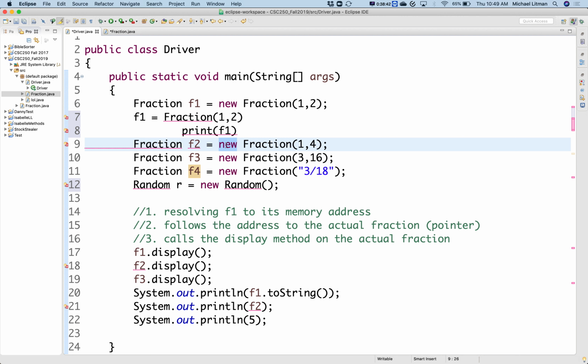Okay? We might say that's reasonable, that's an improvement. Okay? Now, is this the end of the world, having to put the new keyword here? From a